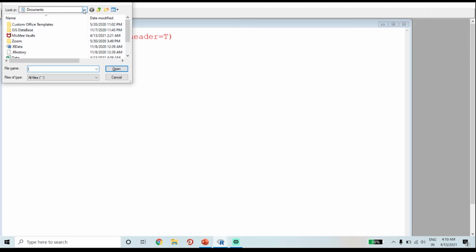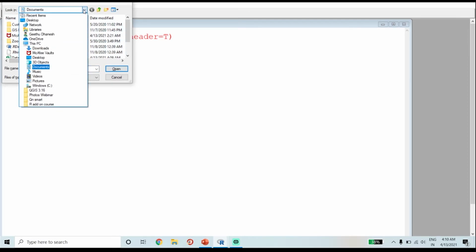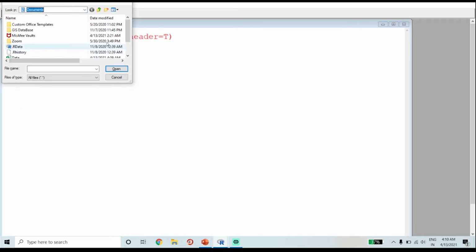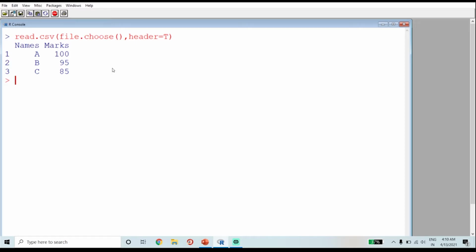Here I saved my data in documents, so you can choose documents. Here I gave the file name as data, so just search for data. Yes, data.csv, select, then click on open. You can see that the data which we entered in Excel get imported into R. Okay, thank you.